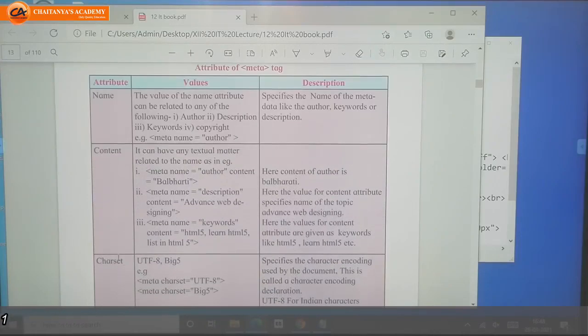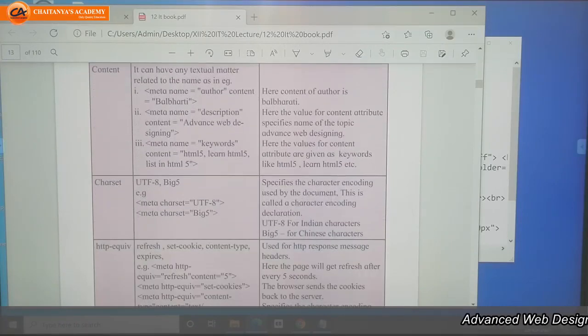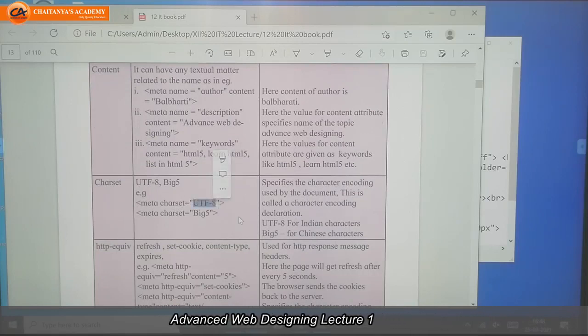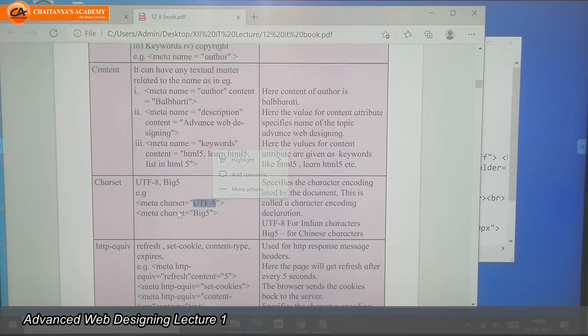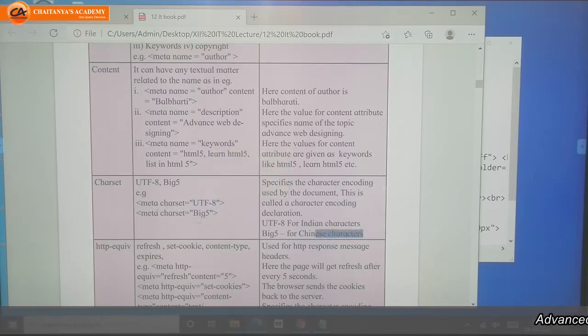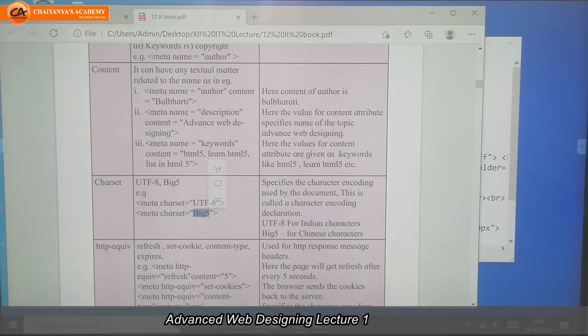This one is charset. If you want to use Indian characters, you can write UTF-8. If you want to use Chinese characters, you have to write meta charset Big5. This is information to the browser. So the browser will read the information on the web page in Indian characters, or in Chinese characters if you write Big5.